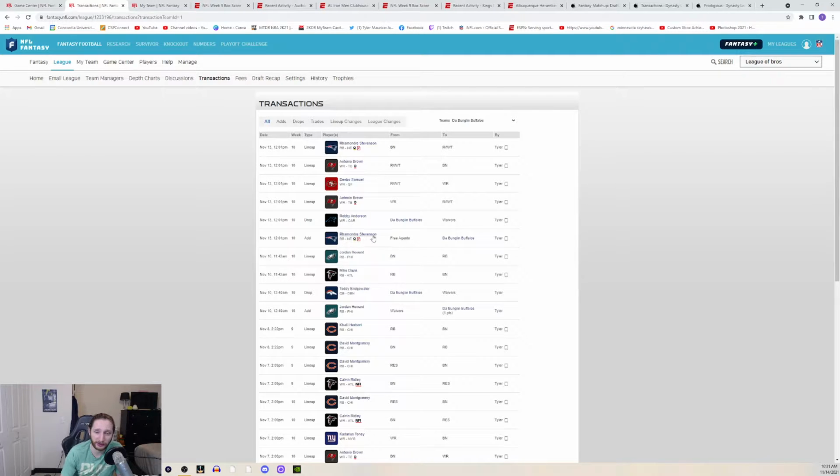And I also added Rhamondre Stevenson, running back for the Patriots, and I dropped Robbie Anderson. Earlier in the year, since the waiver wire is so desolate, I was like, oh, Robbie Anderson's on the waiver wire, I'll blow a ton of FAB on him, even though I didn't really expect him to be great this year, just with the things the offense is doing in Carolina. I thought he'd be somewhat relevant and someone I could maybe use, but nah, I finally dropped him. I've been holding on to Robbie Anderson for way too long, and he's done nothing. I'm just cutting my losses, and he gone.